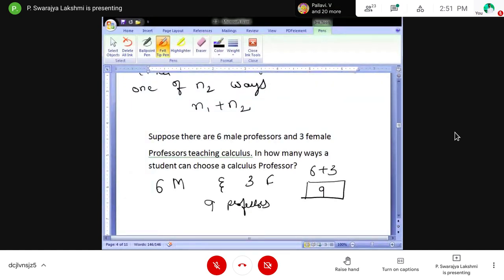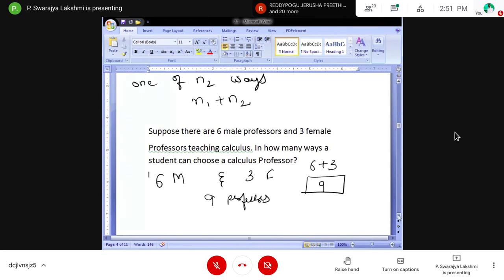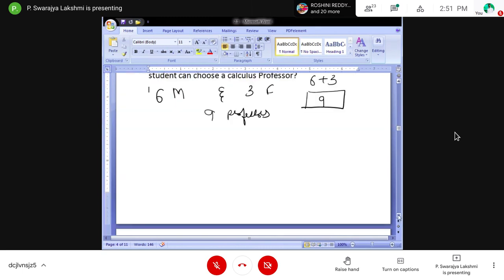The same we can go with the extended sum rule. So here we have 2 ways, the next we can say 3 ways, 4 ways, 5 ways and so on.